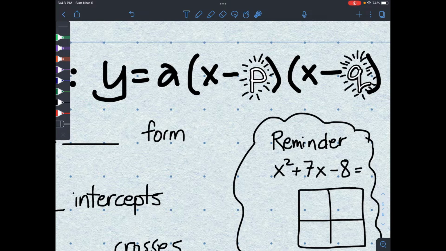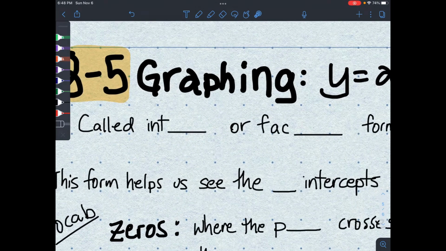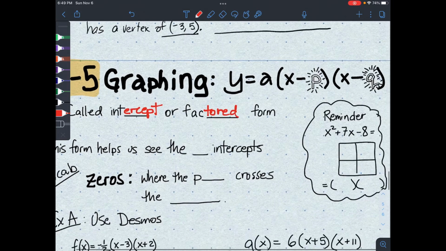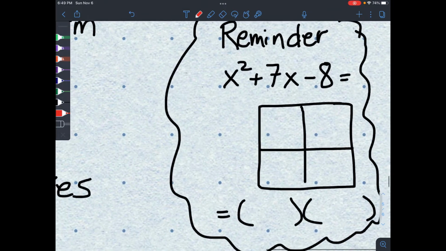So I won't ever ask you what is p, what is q. You just have to know what those numbers are. This new form is called the intercept form, or some books will call it factored form. And you recall from last chapter when we worked with polynomials that we learned how to factor a polynomial. So just a reminder,